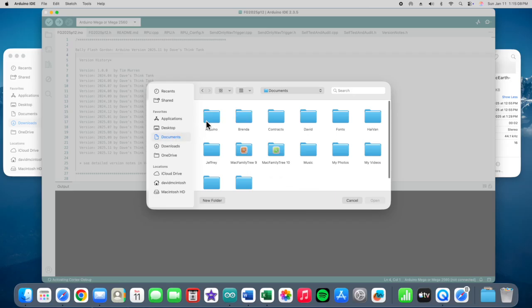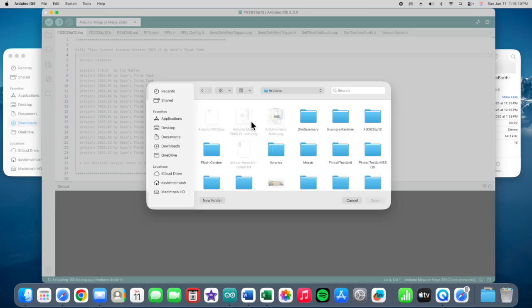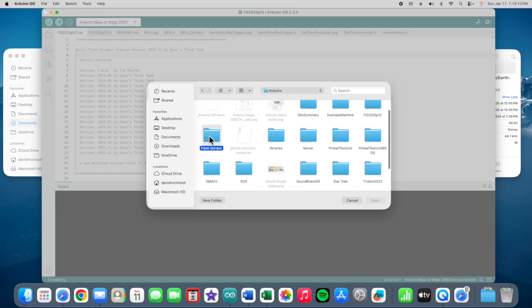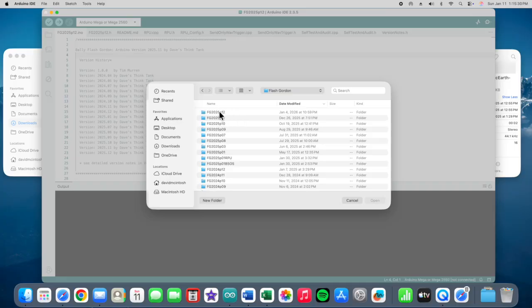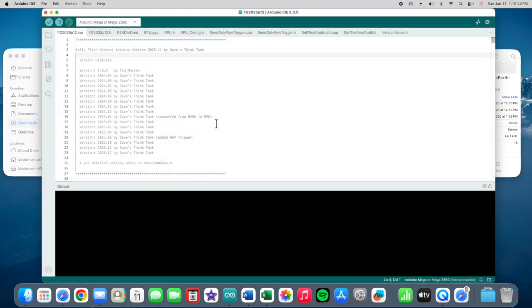Documents, Arduino, Flash Gordon, FG 2025 P12, and FG 2025 P12.ino. For the Flash Gordon, you may need to make some changes to the software before you compile it. If you go to the main program, FG 2025 P12.ino, and down a few lines,